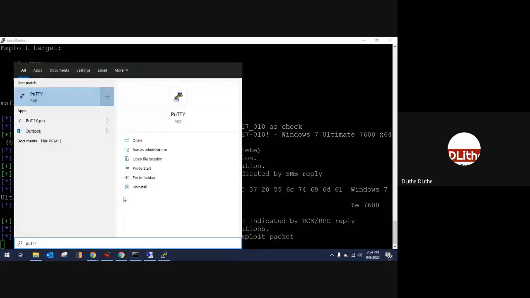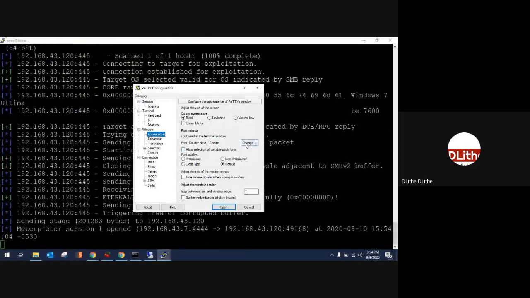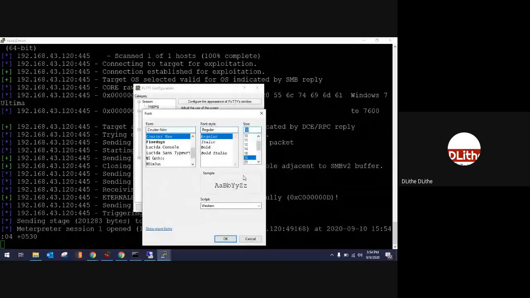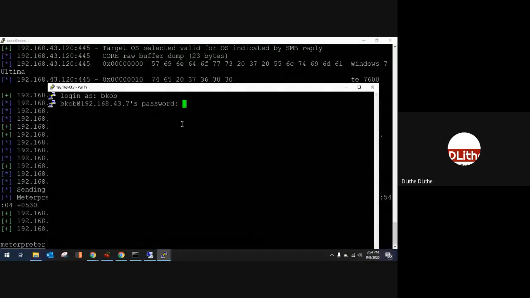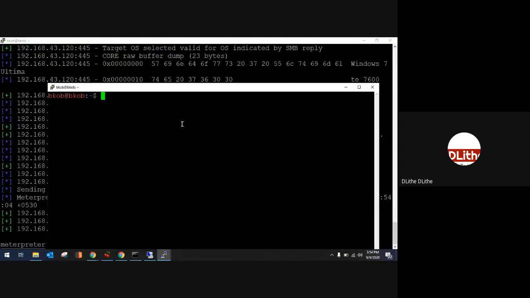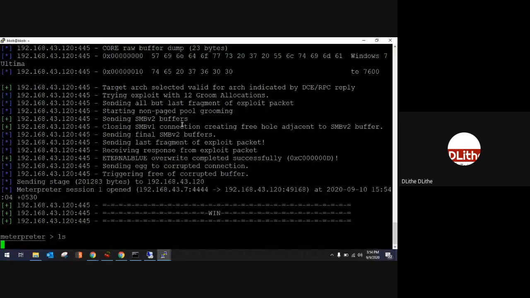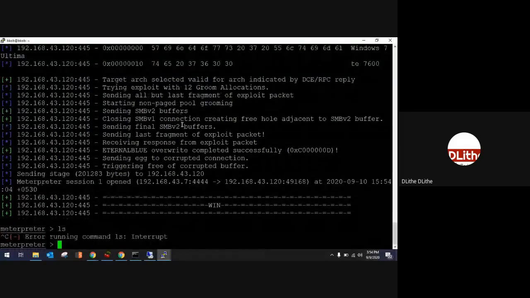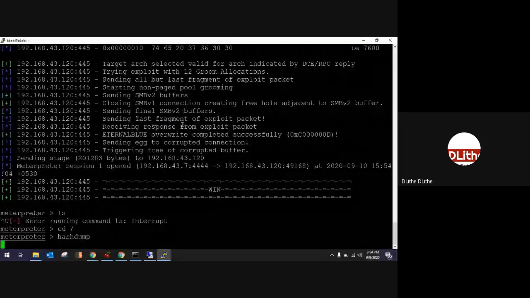Let me open up another PuTTY instance in case. Okay, let me open up the password hash in a different case, and here we have got access. Perfect. Okay, so we can use a command called, sorry, my mistake. Let me download it. The command called hashdump.